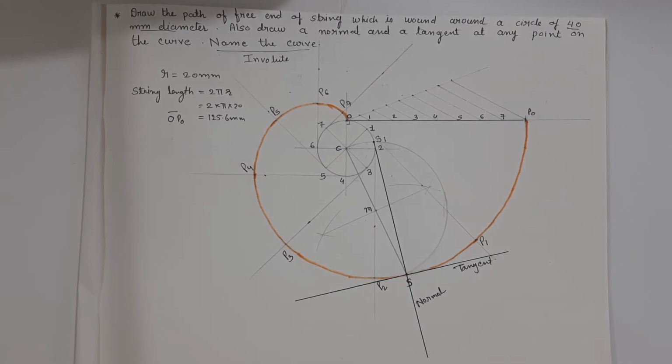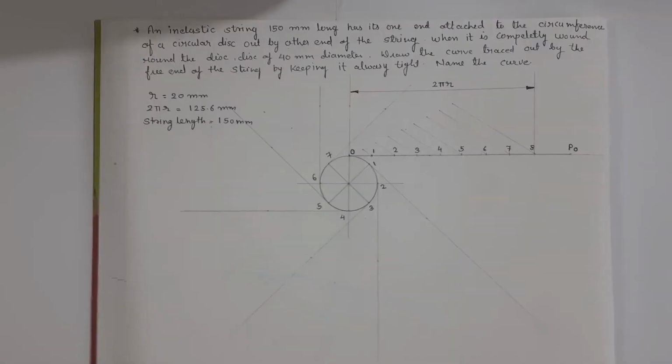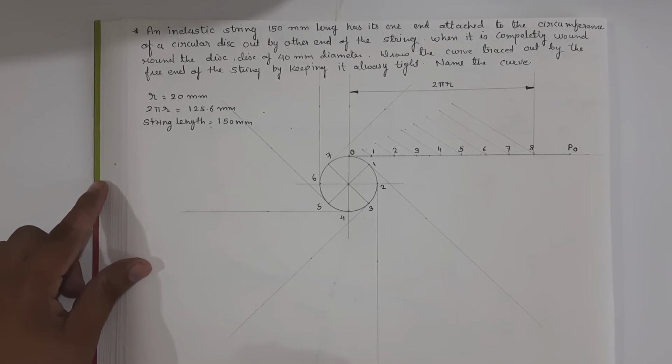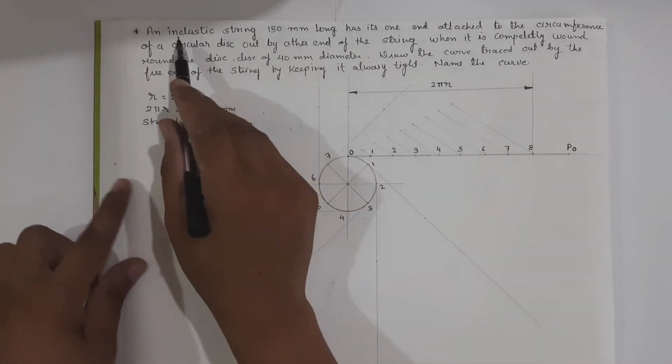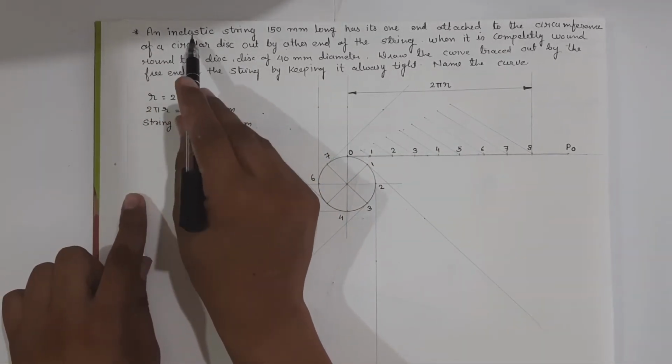Now let us do another example of involute of the circle, in which the string length given is more than 2 pi r. So here is the problem on the involute of the circle, in which the string length given is more than 2 pi r. The statement of the problem is like this: an inelastic string